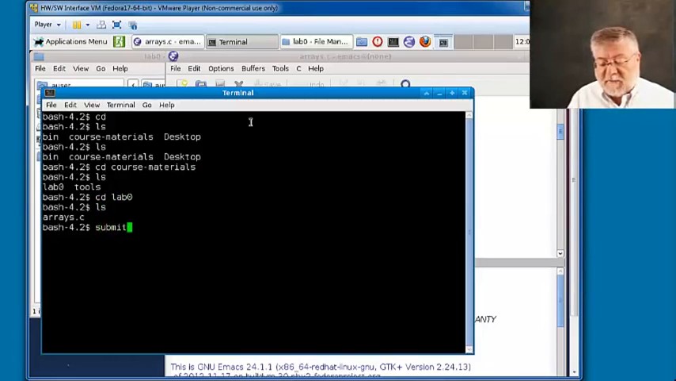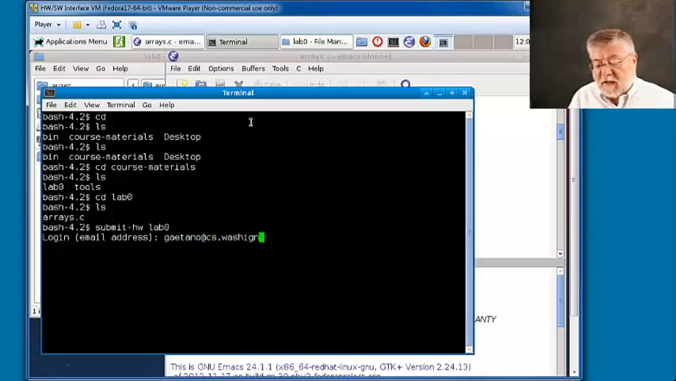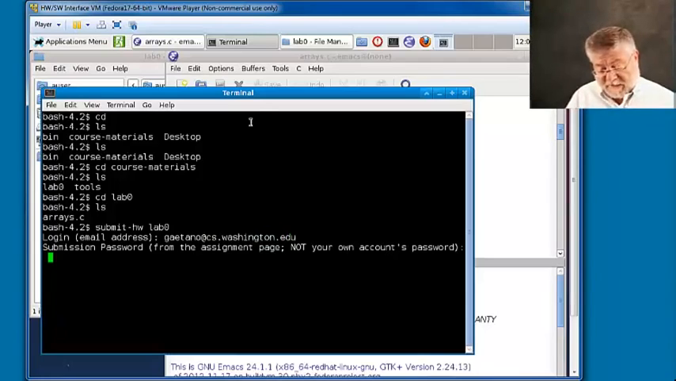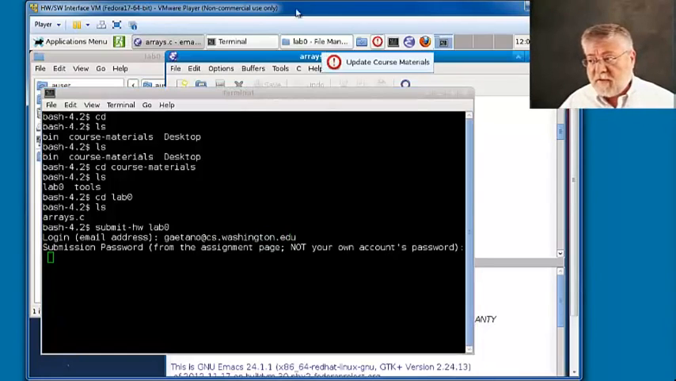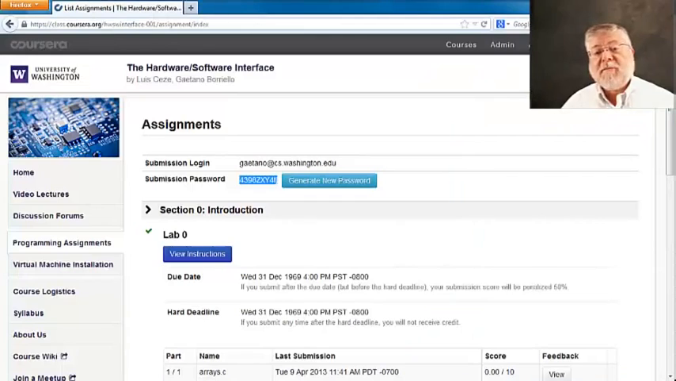At this point, I can type submit homework, Lab 0. Submit homework dash homework is a little utility we've provided to help you with the submission process. It asks me for my email address that I will need for my submission, if I can spell it correctly, and then for my submission password. The submission password is not your Coursera password, but a single use password that's generated on the website